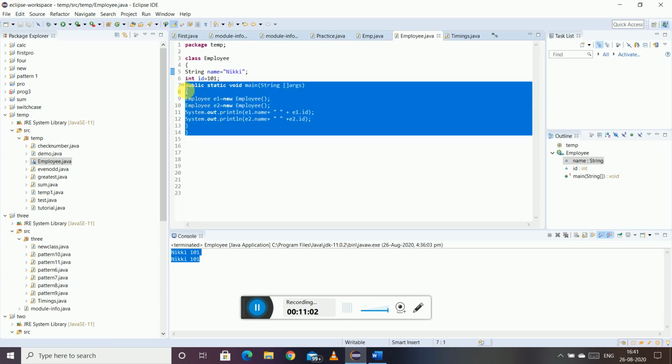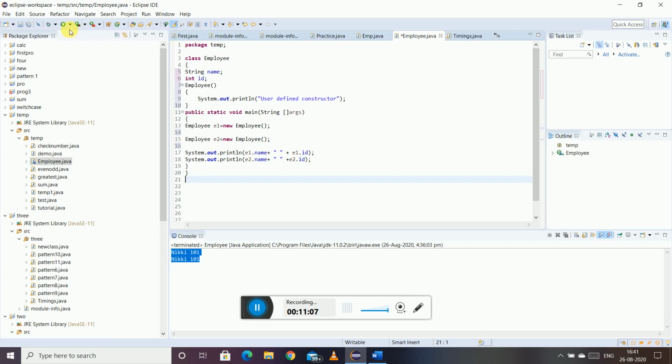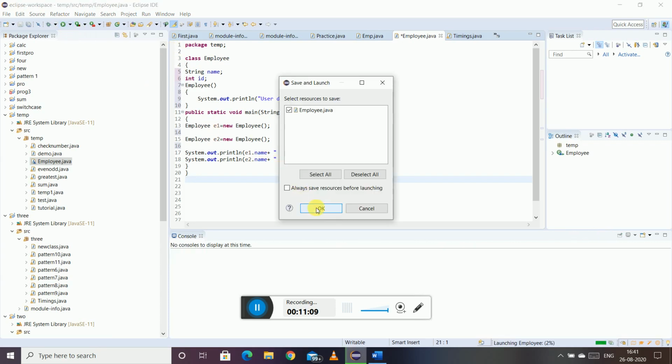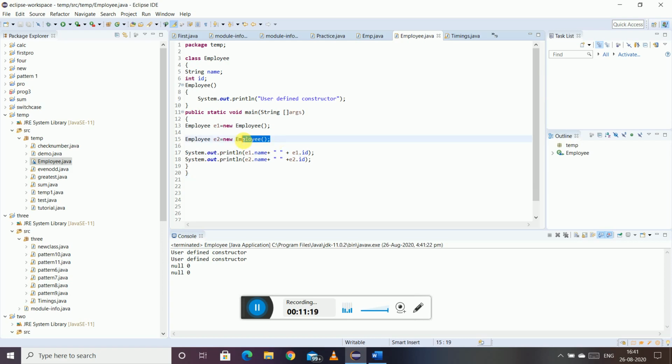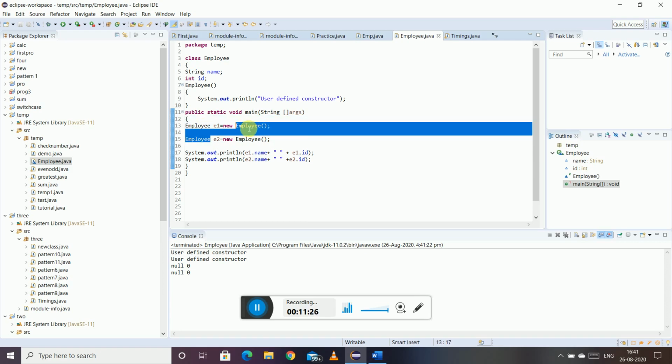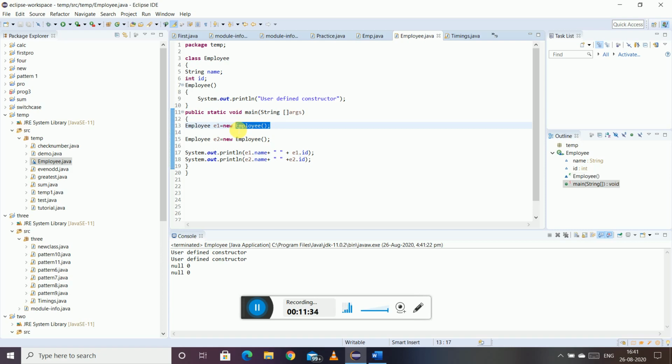Let's see that. Run this. See, since you have made two objects, and since you have created this Employee constructor here, now this Employee() is not a default constructor but a user defined constructor.